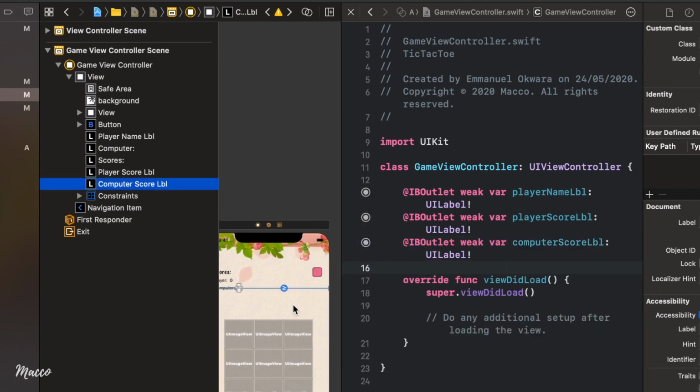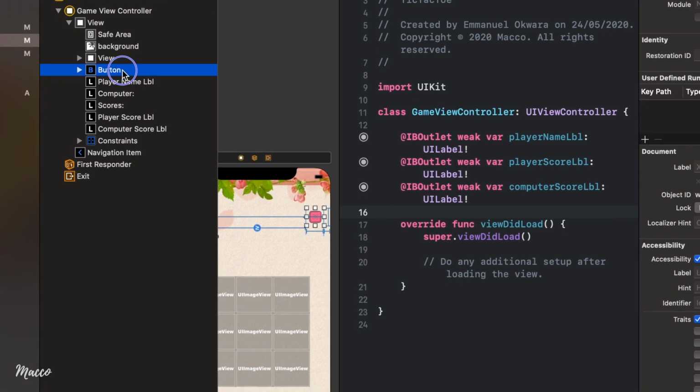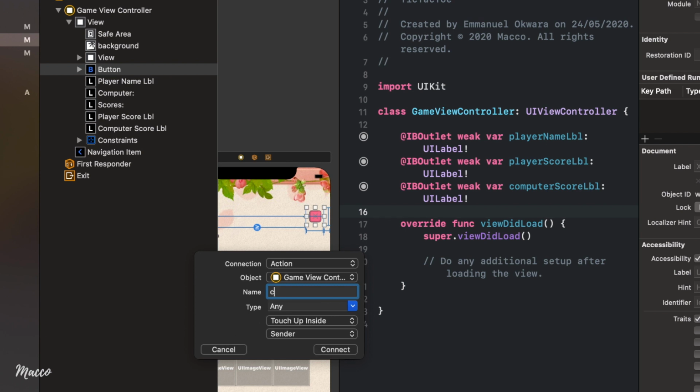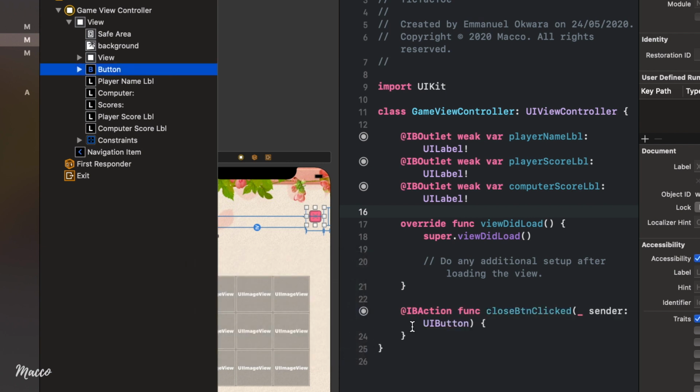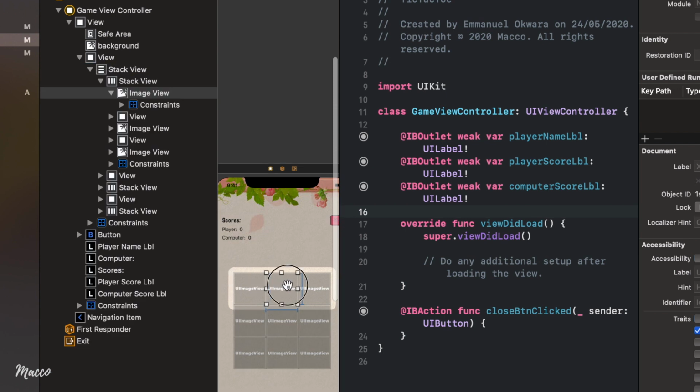Awesome. Now the next thing we're going to need to do is drag the close button. This is going to be an action, so the close button like that, and this is going to be close button clicked. You can make this a UI button, connect, and finally we're going to need to connect each of these image